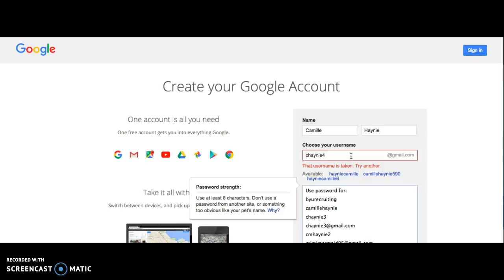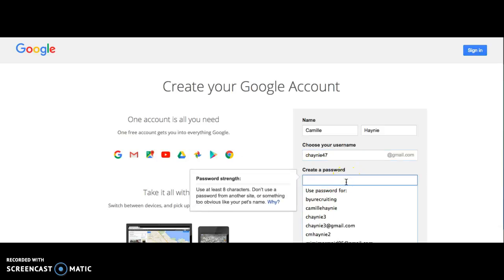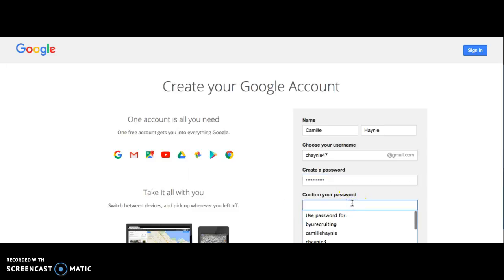And here, if you have issues with creating a username, you would need to create something that not everyone has. And then a password you could create is something that you'll remember. And follow the password strength ideas on the left-hand side. And then you confirm your